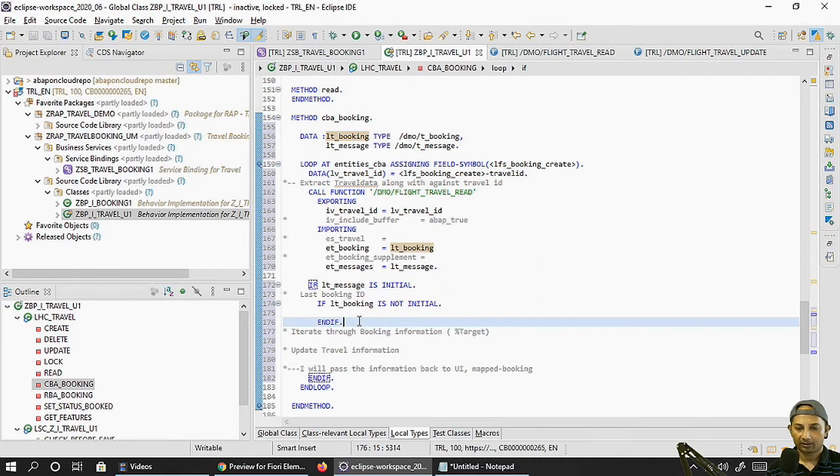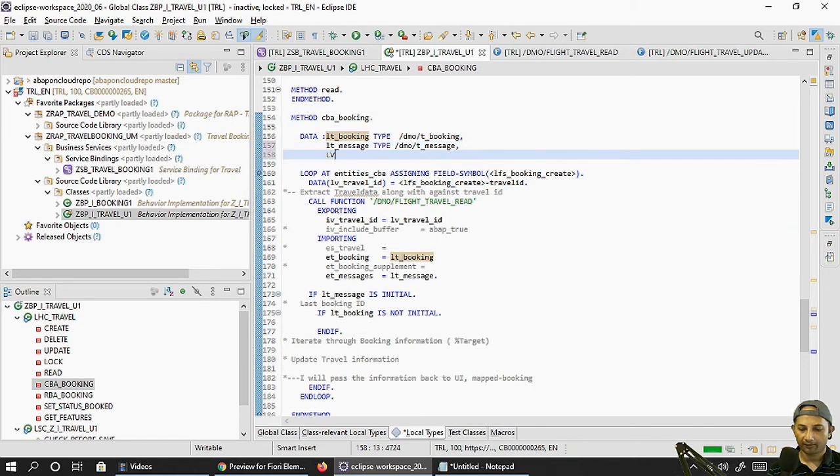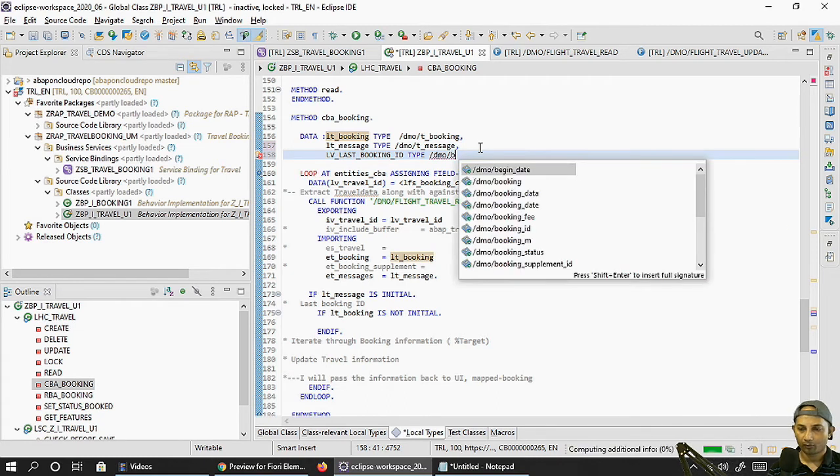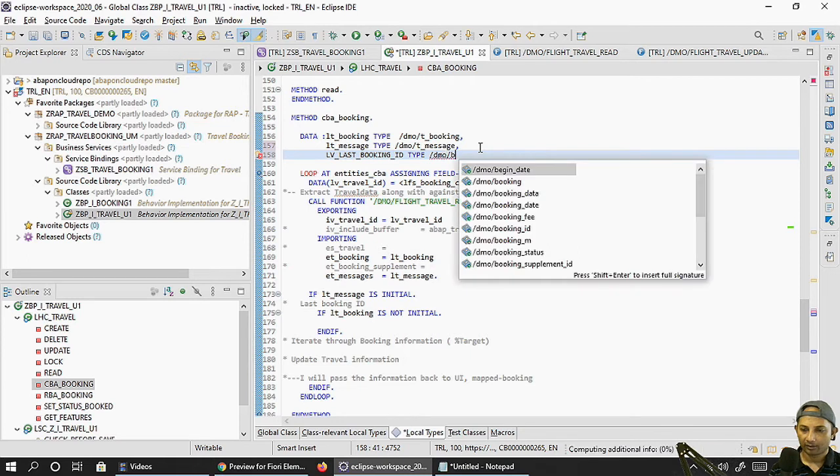What next? Of course, we have to get the data. For that, I'm taking one variable and calling it last booking ID, of type booking ID. Of course, we can put something called demo booking ID, right?